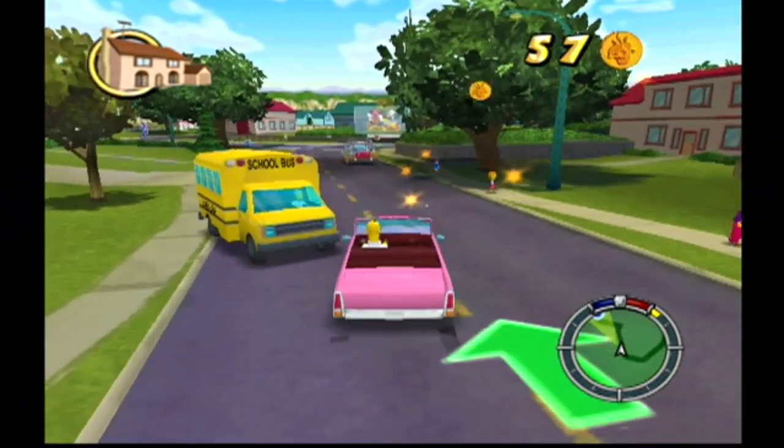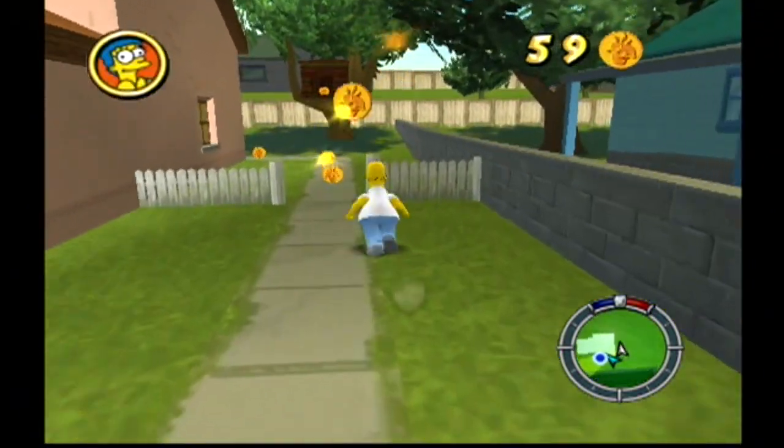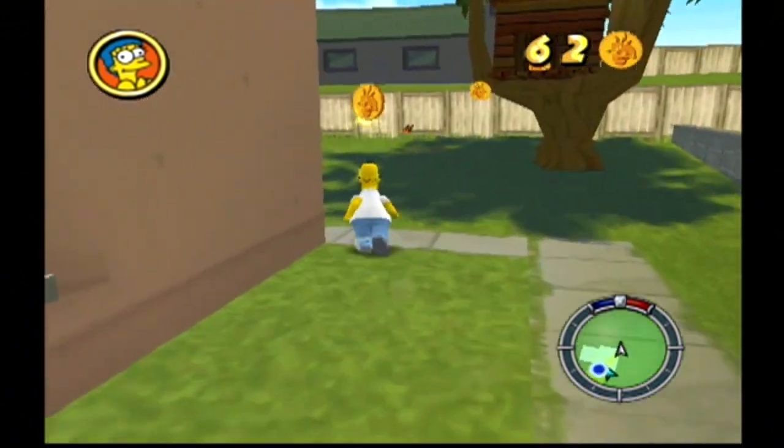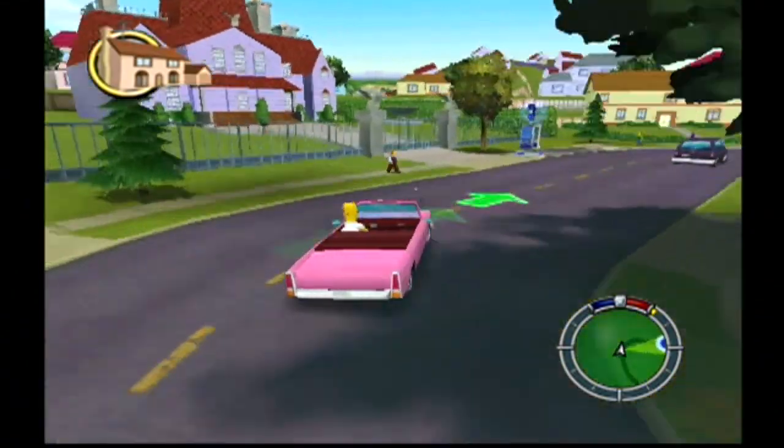You'll get coins for driving into certain objects, destroying Buzz Cola machines and cameras, and also just find them lying around. It'll be in your best interest to get 125 coins as quickly as possible so you can purchase the Moo Moo. Money well spent. While driving around, you'll find that...